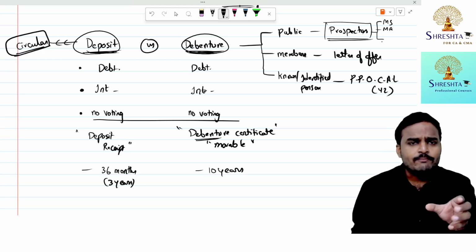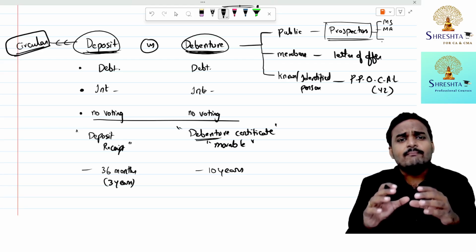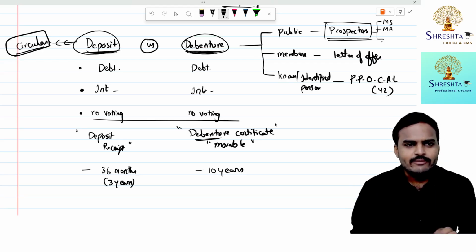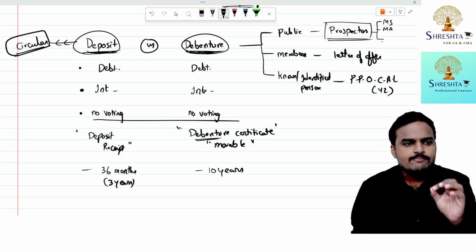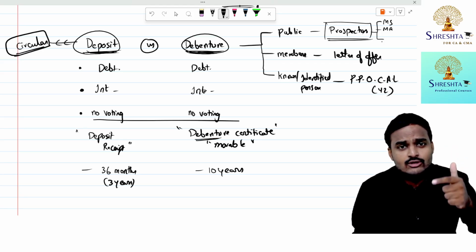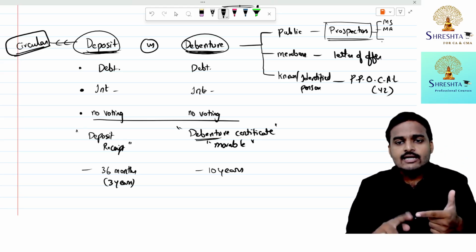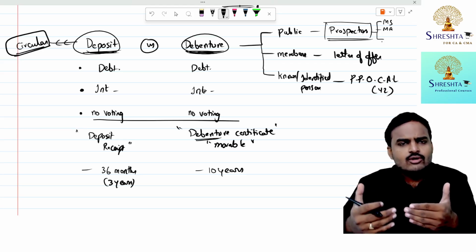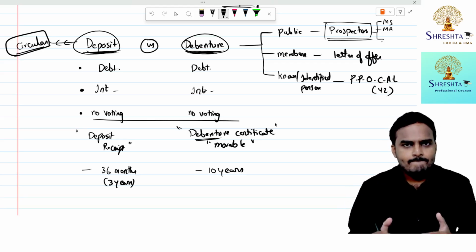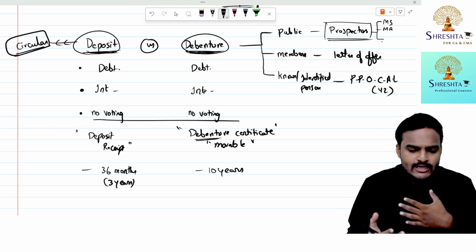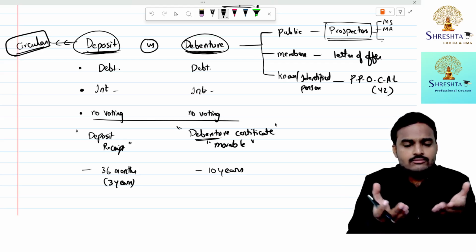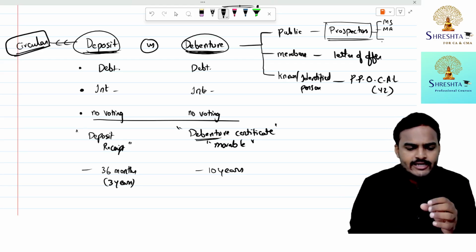So with respect to deposits, we have less compliance cost compared to debentures, compared to equity shares. Are you all getting my point, students? So when a company is planning to issue debentures, it is required to comply with more provisions compared to deposits. Deposits are based upon company goodwill, company reputation. Suppose my company has goodwill in the market. My company has created trust in the market, and I need funds.